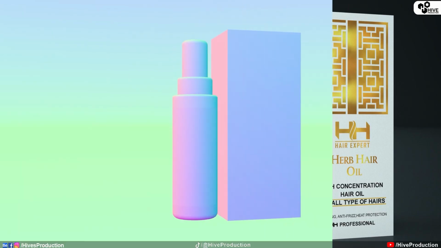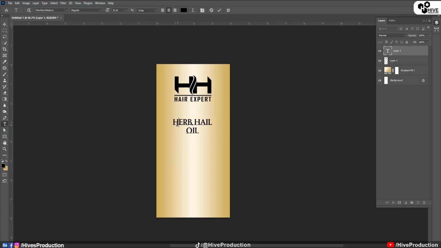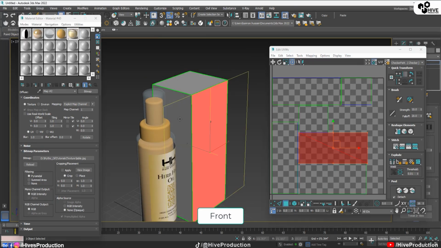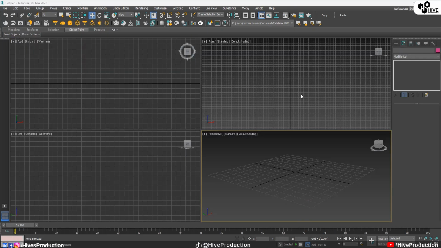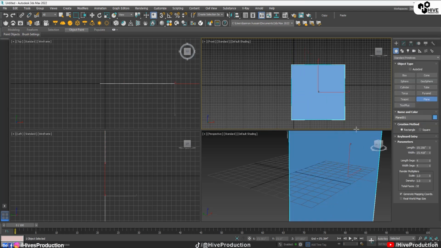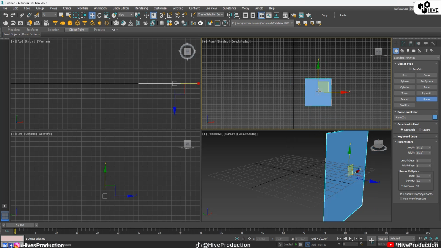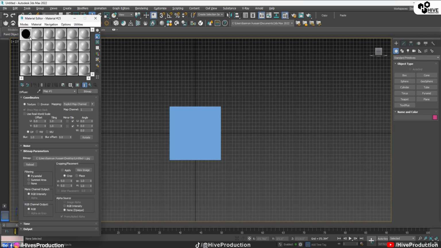Today we are going to create another product modeling tutorial in 3D Studio Max along with the texturing in Adobe Photoshop and UV unwrapping. So let's get it started. First of all, I have 3D Studio Max open and I'm just going to draw a simple plane from the front viewport. I'm going to give it a length of 6 inches and a width of 6 inches. Make it centralized first, and I'm going to go to the material editor and I will assign